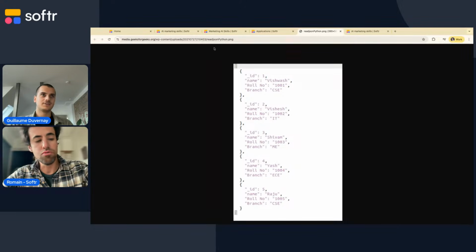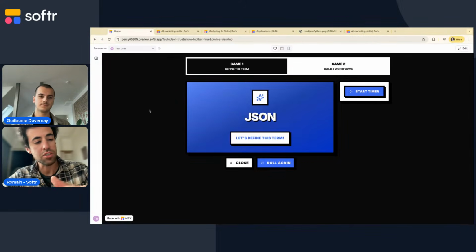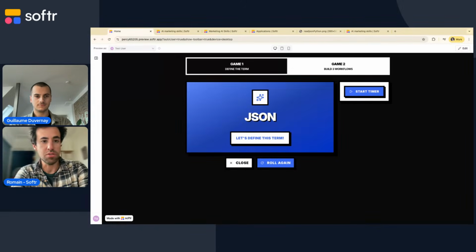Yeah, I think it's good to know how to interpret that, even though if you don't use advanced actions such as call API or webhooks, you don't necessarily need to know that, because we have a visual abstraction on top of the JSON. But it's also always good to know that. It's also, talking about AI, AI is good at interpreting JSON as well. So sometimes you will only send some JSON data, and the AI is able to interpret that and give you natural language in response. So yeah, I think it's interesting to have, but you don't need to be necessarily technical. It's just to understand the patterns.